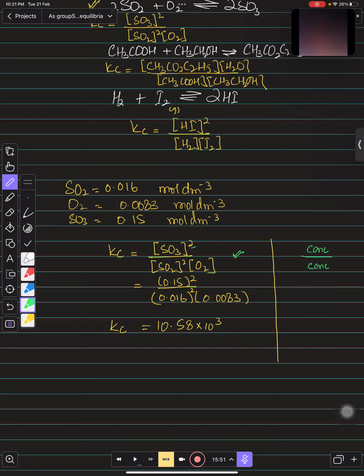Just look at over here, how many units you have upward in products. We have just two units over there ना. और नीचे की अगर आप बात करें तो कितने हैं? 2 + 1. It means you have 3 units of mole per decimeter cube in the denominator, right? So we know that कि भाई 2 से 2 कट जाएंगे, आपके पास बचेगा क्या 1 over concentration, और concentration का यूनिट क्या होता है बच्चों, it is 1 over mole per decimeter cube हो गया ये,